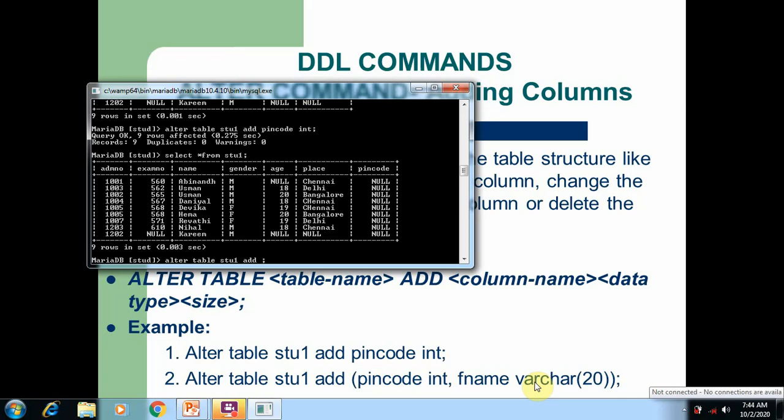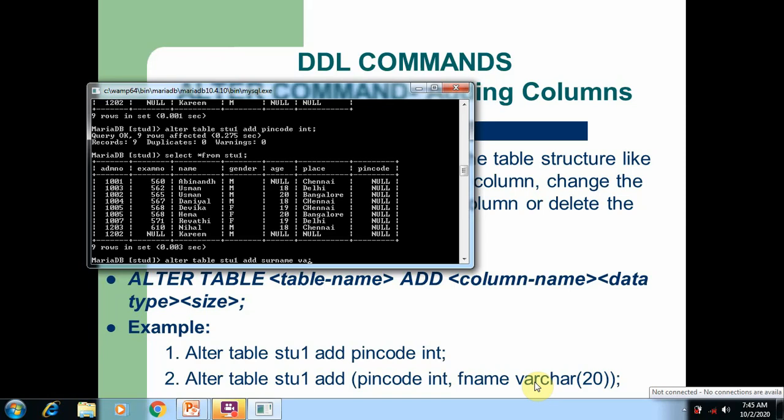I already added 1 column, pincode. I'm going to add more columns. Here I'm going to add the new column, namely f name. F name means first name, or surname, we call it surname.